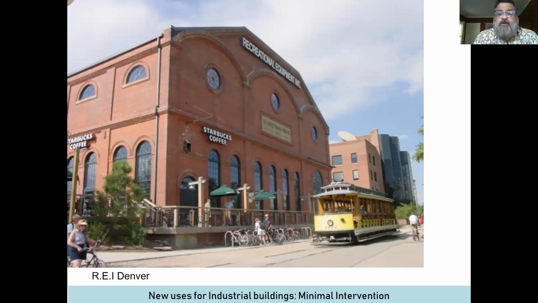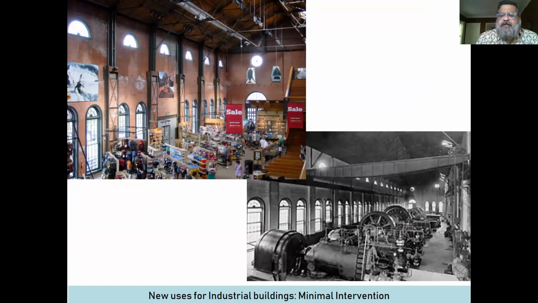This was the building that generated electricity. It closed in the 1950s, and eventually it was used as a warehouse. But REI, the outdoor store, acquired the building in 1998 for redevelopment into its flagship Denver store. And they hired a Seattle-based architect, Mithun,